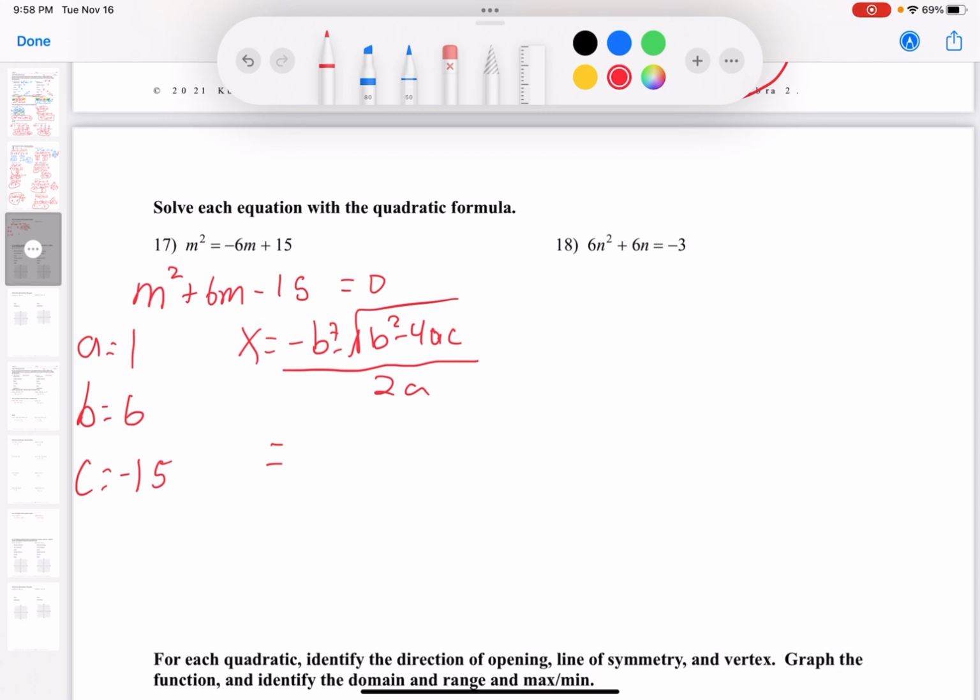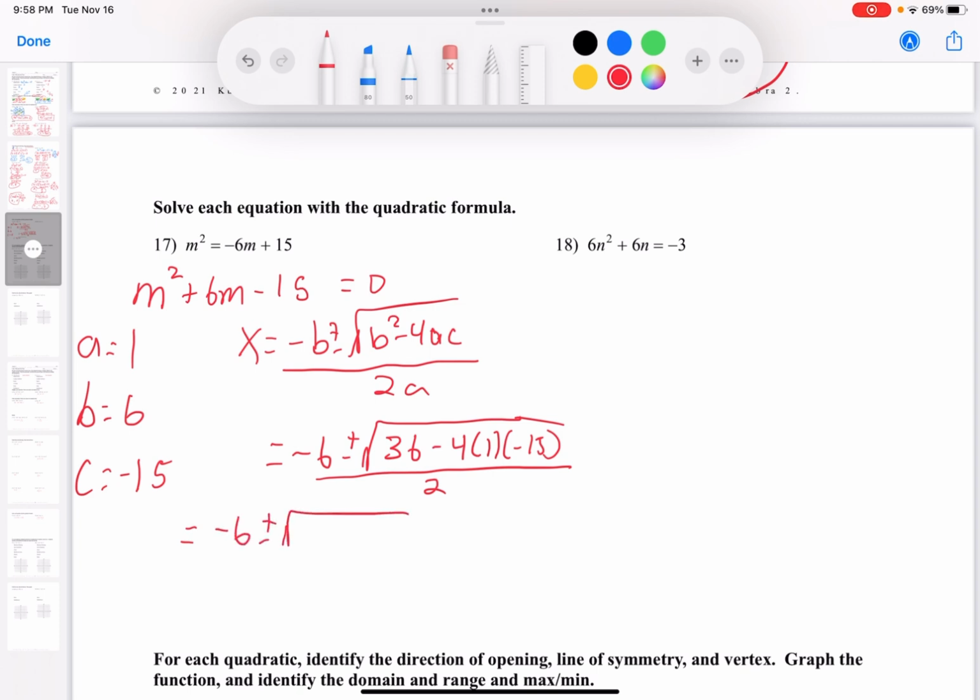So negative b, so that's b is 6, so negative 6 plus or minus the square root. 6 squared is 36. Minus 4 times a is 1, c is negative 15, all over 2 times 1, which is just 2. Simplify that, that's negative 6, plus or minus the square root, that's 36. Minus and a minus is a plus, I think that's 60, all divided by 2. So negative 6 plus or minus the square root of 96